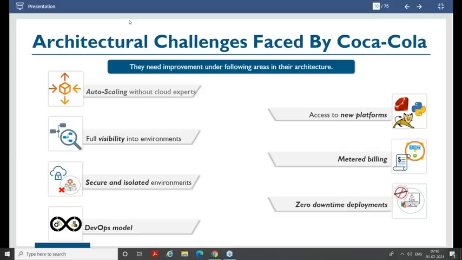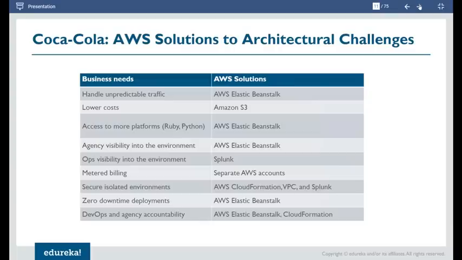Okay, they needed improvement around all these areas. So obviously, cloud is definitely a better solution, and cloud definitely can provide all of this, right? So they went ahead and moved towards AWS. To handle unpredictable traffic, they used Elastic Beanstalk. For lower cost of storage, Amazon S3.